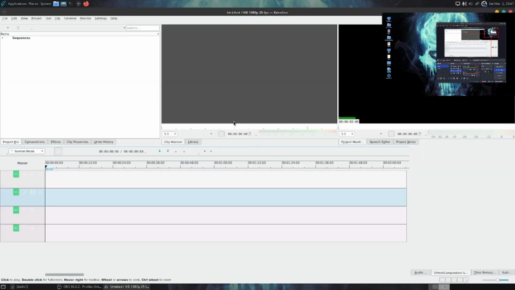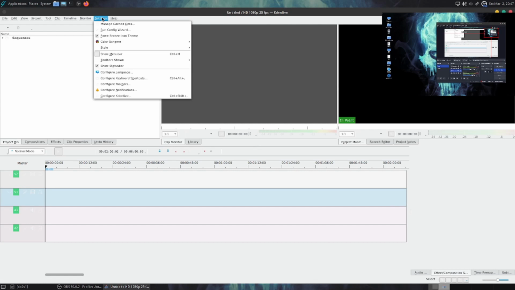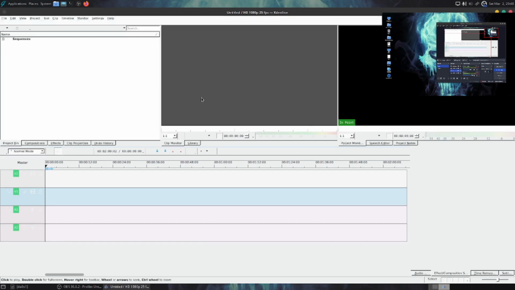There we go. You know what Kdenlive looks like normally? It's dark, and this is bright white. Now if we go to settings, style, we can go to Windows. That at least gives me the buttons right here that I can see when I go across it. It highlights them, so I can at least use those. But I cannot get the theme